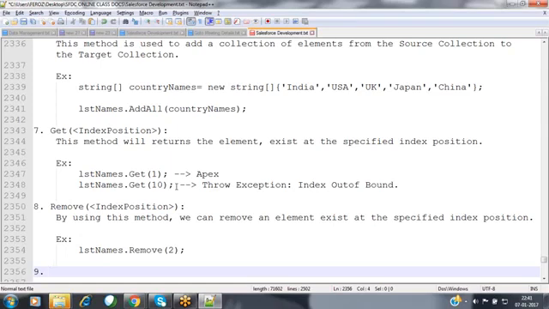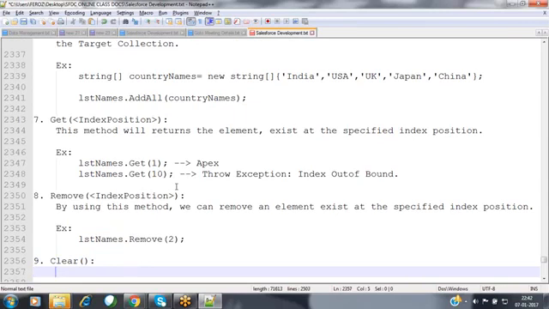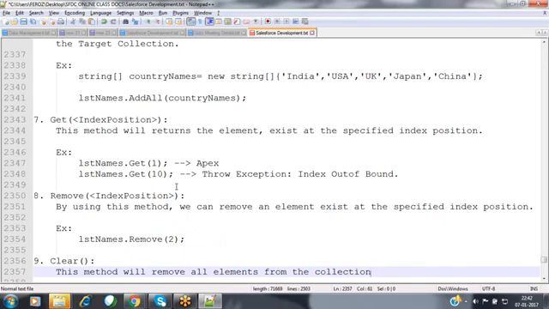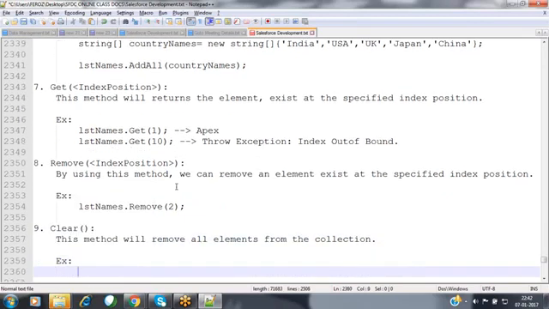How can we remove them? For that, it provides a method called the clear method. By using this clear method, we can remove all the elements from the collection. Whatever elements are available, from starting to ending, each and every element will be removed automatically from this collection by using this particular method.